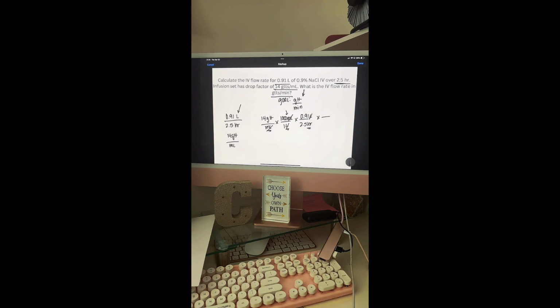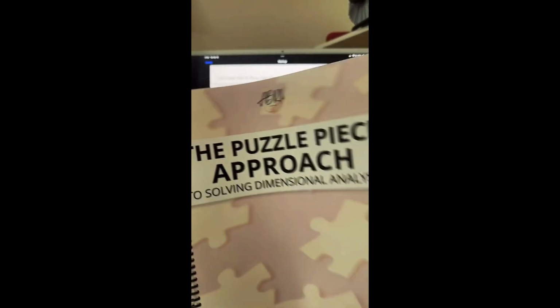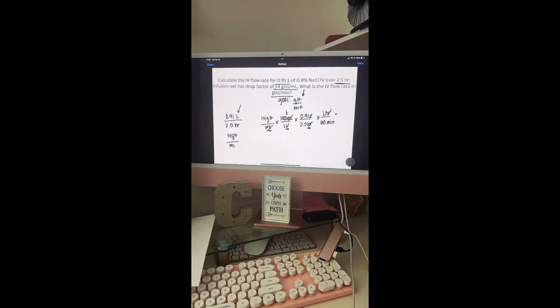Love it. Okay, so exactly, 1 hour equals 60 minutes. And you see, we haven't done any type of math. We're just putting together puzzle pieces. All right, so we'll do 14 times 1,000 times 0.91 divided by 2.5 divided by 60. And that's going to be